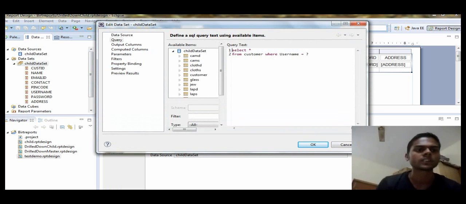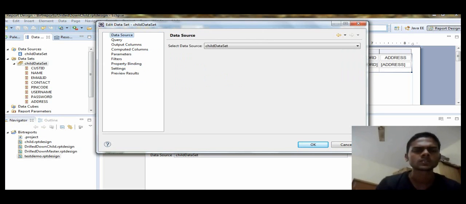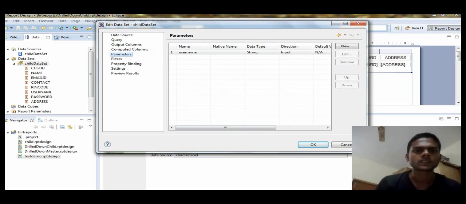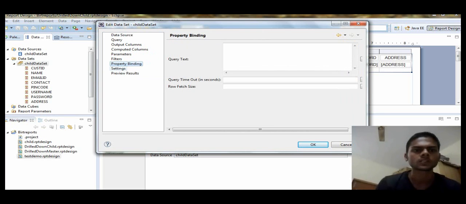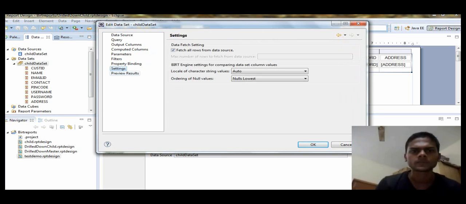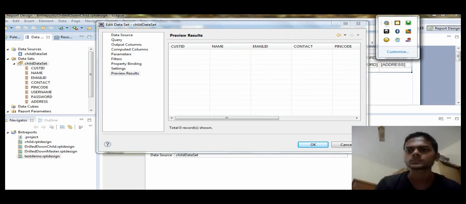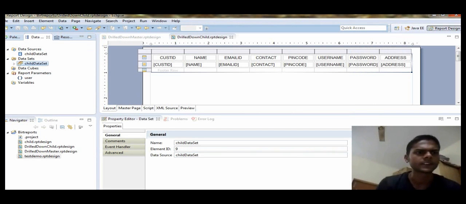I have double clicked on the dataset and now go to property binding. Okay, now what other work do we have to do?